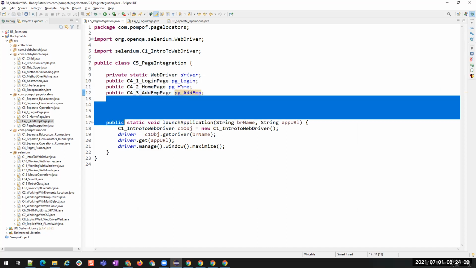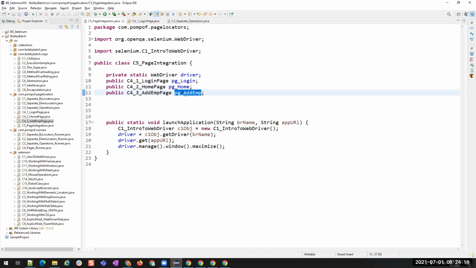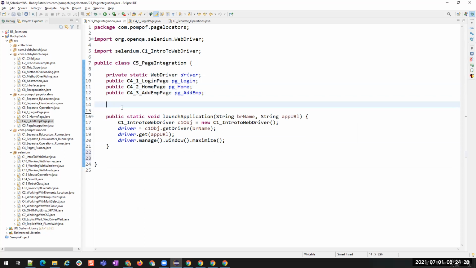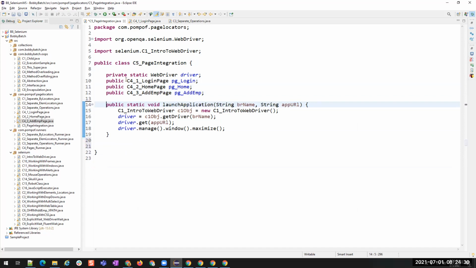Now I want to assign values to it, right? I want to create an object for these things. So what I'm going to do is create a constructor for this, or I'll create another variable, because I'm going to create all these.